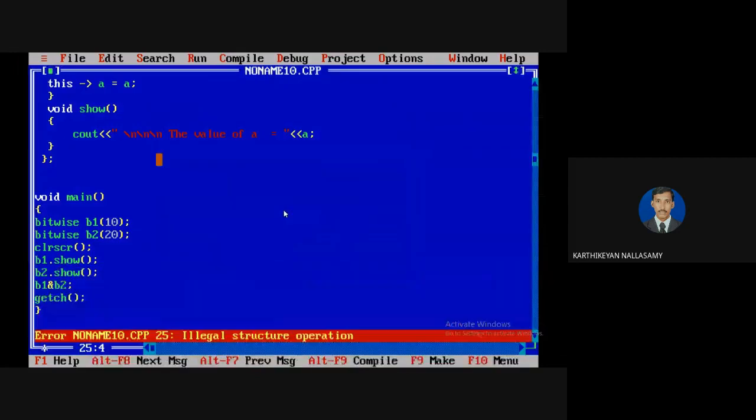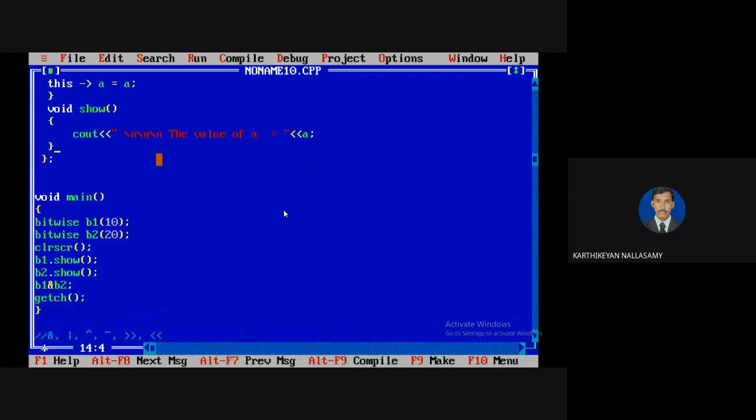It shows an illegal structure operation. If it is an illegal structure operation, maybe it is a user-defined data type, so I am going to apply a member function to implement the concept.